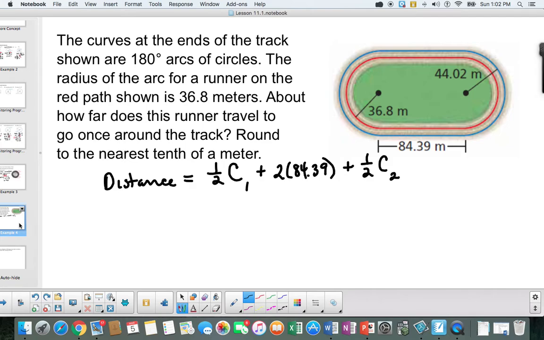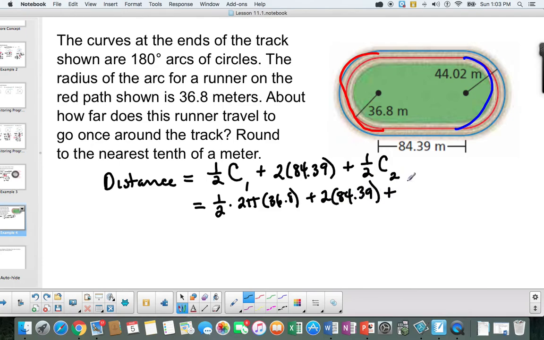All right, let's take a look at a track problem. We want to find the distance around the track, and it looks like there's a semicircle here, and then we have another semicircle right here. So what we're going to do is half a circumference for this red arc, and that'll be 1/2 times 2 pi, and our radius is 36.8. Now this straight strip right here, there's two of them, so I'm just going to take 2 times 84.39,